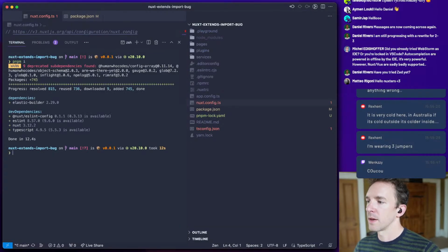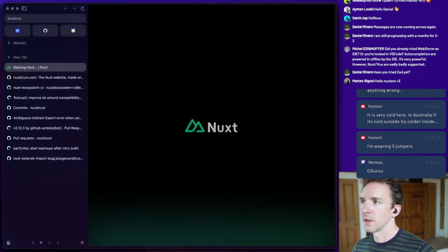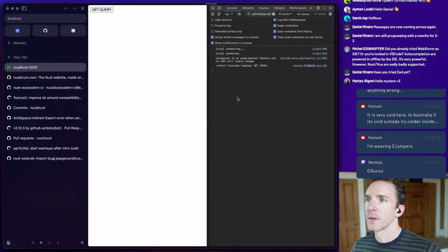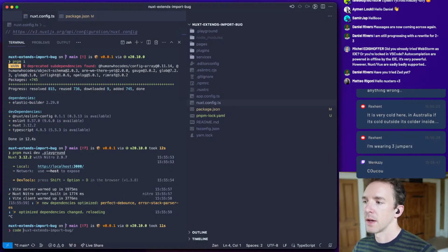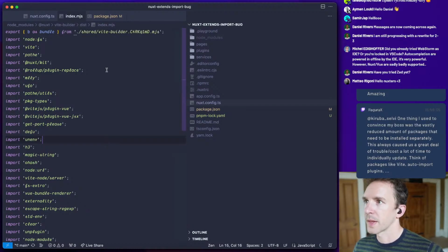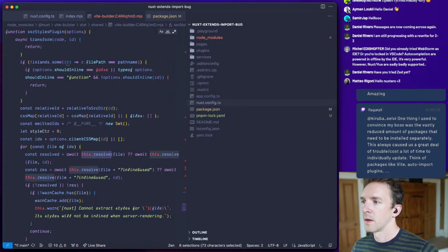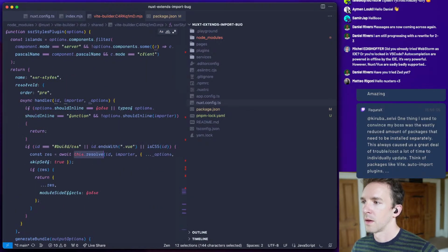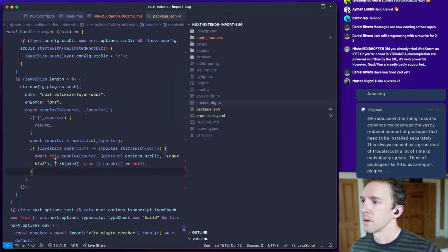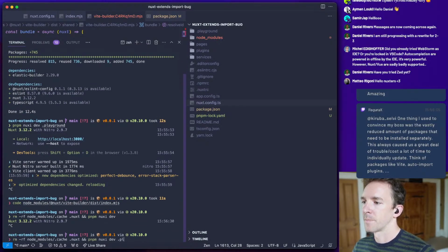So basically if we were to run nuxt dev playground and open here, this should be fine. It shouldn't give us any kind of error. Yeah, that's fine. Now let's change the implementation and see if we get the error. So we have this. Okay, so if I run that,